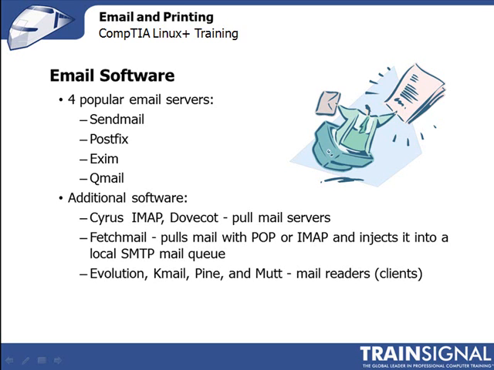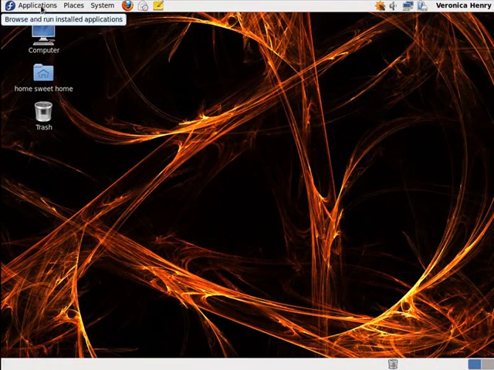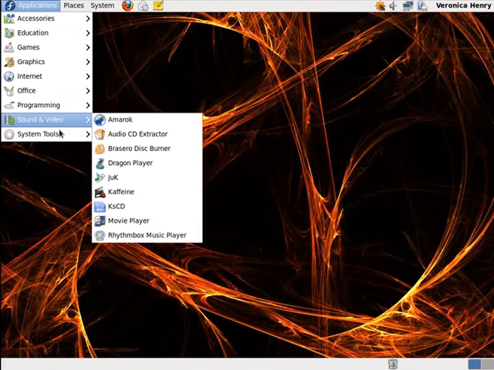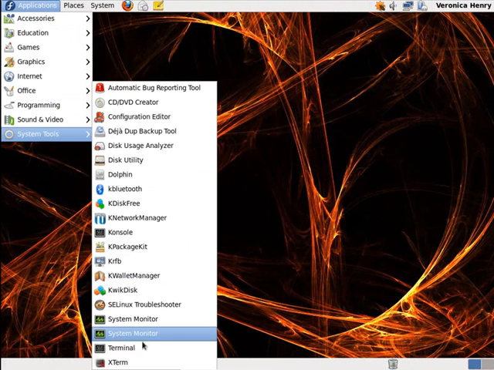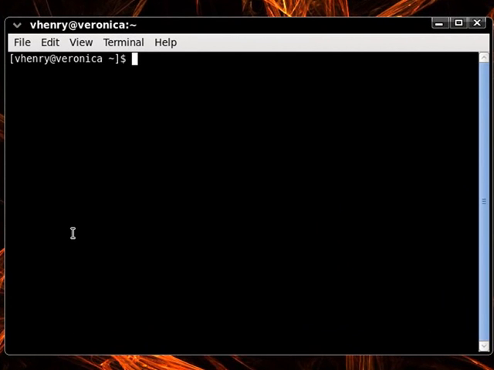Let's go open a terminal window and try out a few options to confirm what we have on our test system. Let's open a terminal window with Applications, System Tools, and Terminal. Now we're going to use the ps command that we learned about to list processes along with the grep command